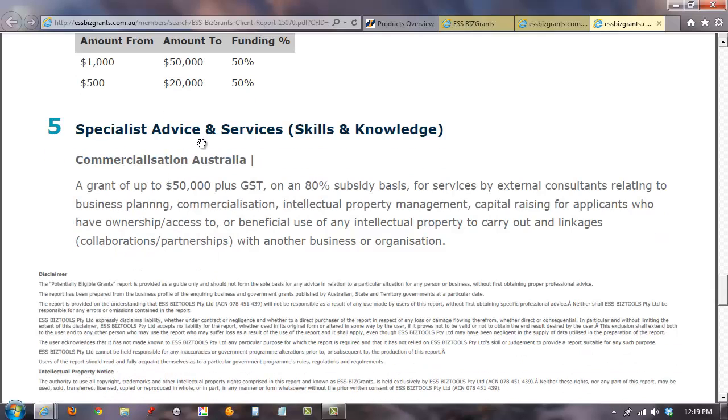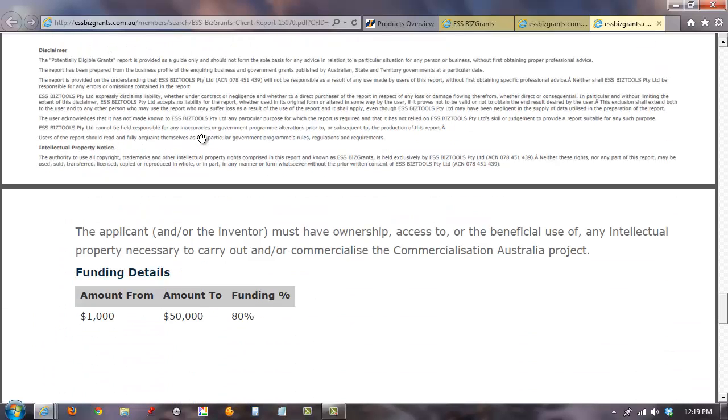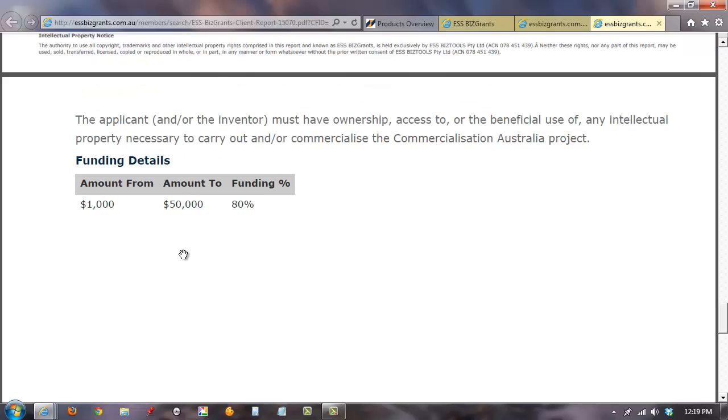This particular business had also undertaken research and development, so if they developed a new product, they might have been eligible for the Specialist Skills and Knowledge program run by Commercialisation Australia, which could have given them up to $50,000 on an 80% grant basis to undertake the preparation of a market research, business plan, budgets, cash flows, advice-free registering of patents, etc. So that's how